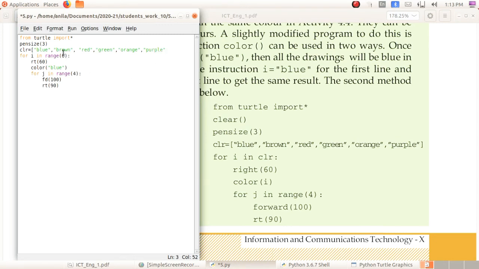Okay, so 1, 2, 3, 4, 5, 6. 6 colors are here, and you have to close the square bracket.